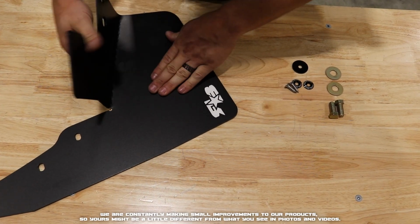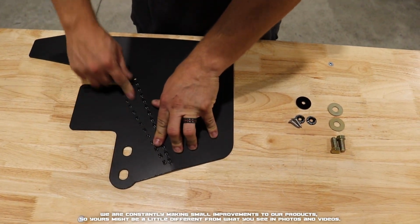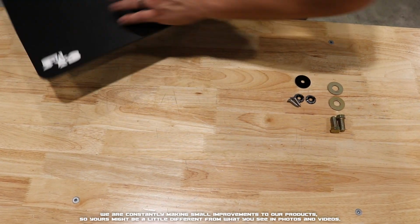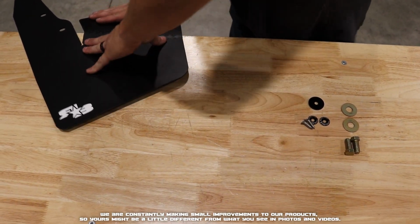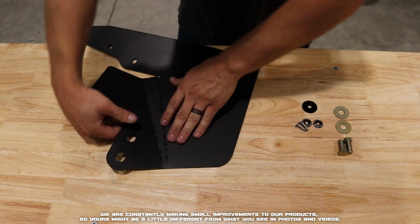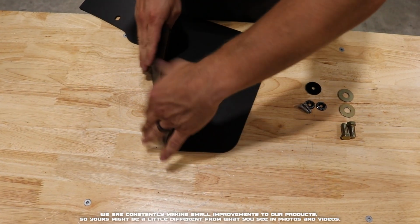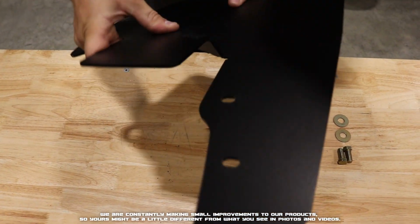a little bit. And with that one done, we can now flip our flap over, and the etching is on the other side, but it wants you to bend it the opposite way. This is the easiest, or if you have an edge, you can lean the flap over the edge and bend it down like the instructions say. So go ahead, bend that way, and you may find yourself kind of working both to get it into its proper position, back and forth. So we're going to overbend it, and now we're going to take that and bend it back